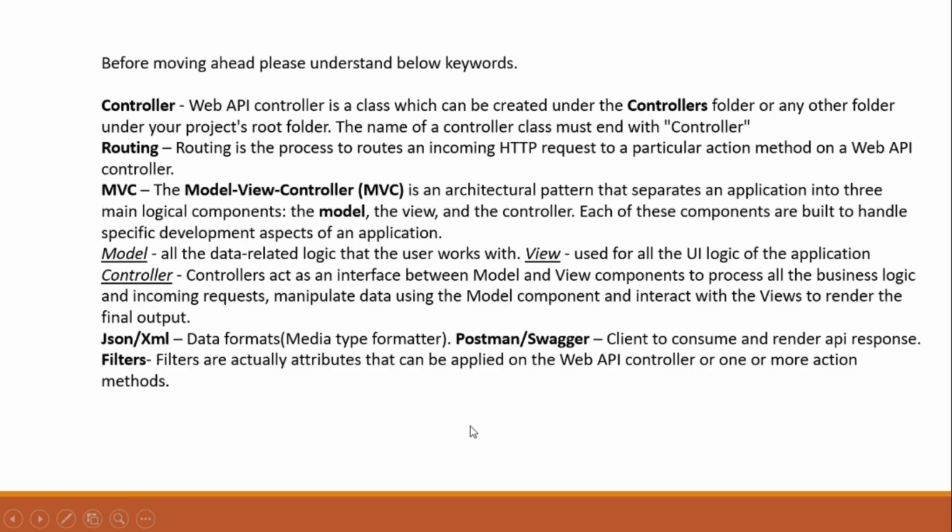I understood from the last video that some people are not understanding the keywords which we are continuously using in our API development section, like what is routing, what is filtration, what is Swagger.